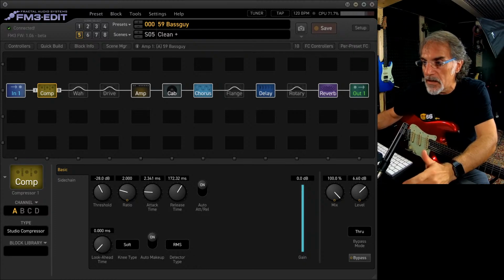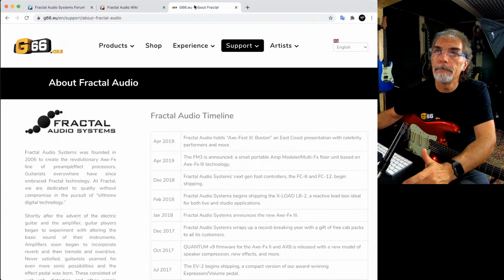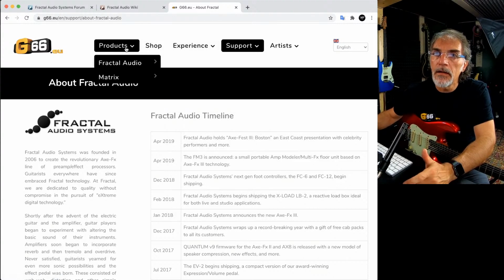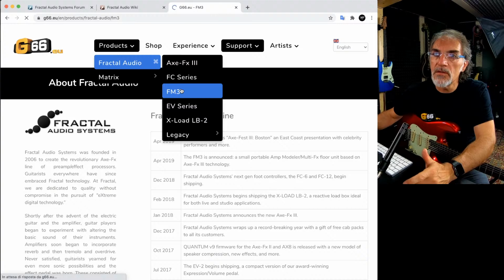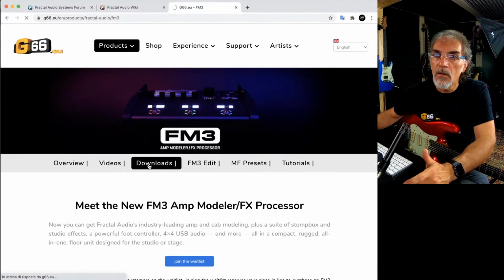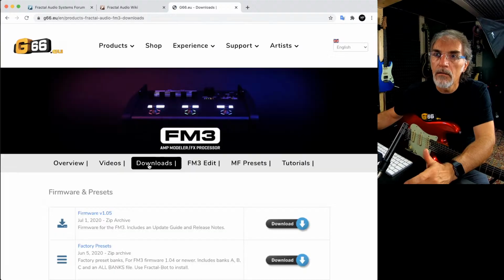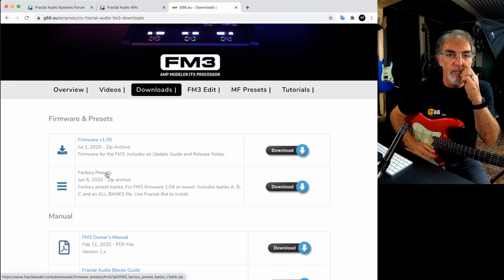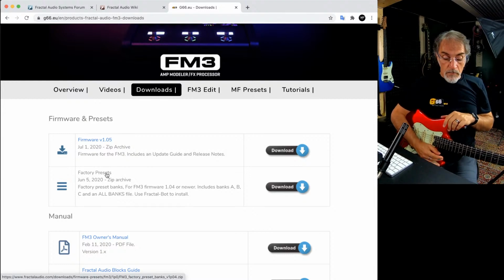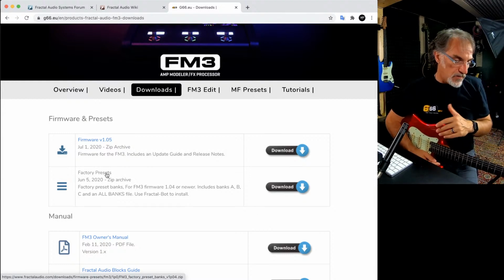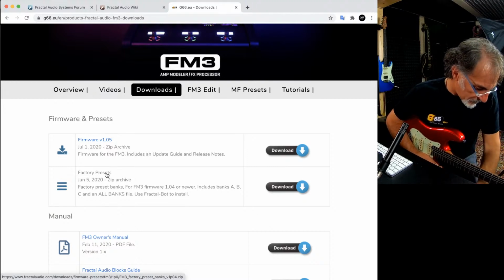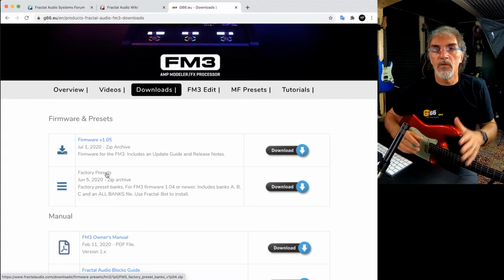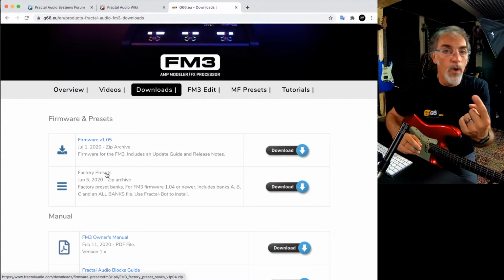Let's come back to the website, and let's go to product, FM3, downloads. As I told you before, you have the firmware, but also the factory preset. The factory preset is made for that, especially at this time that the FM3 is just introduced in the market, so you are still in the firmware version 1.